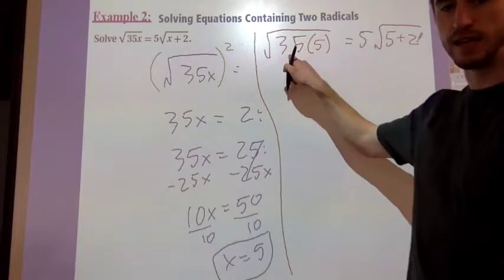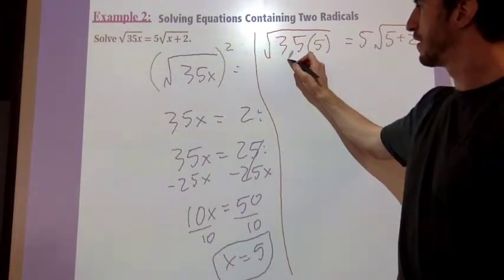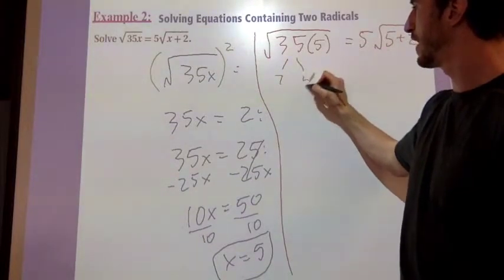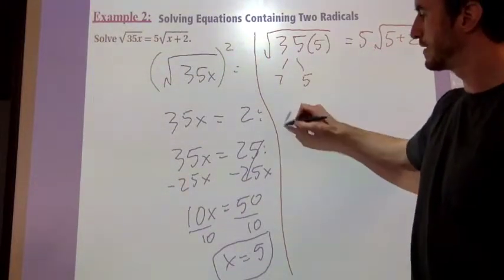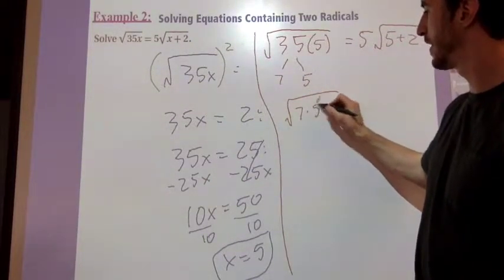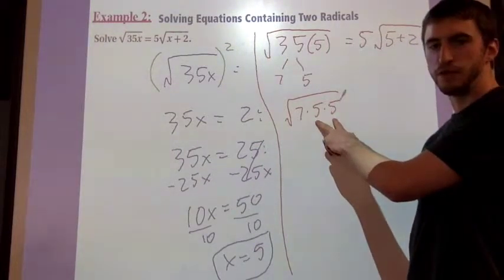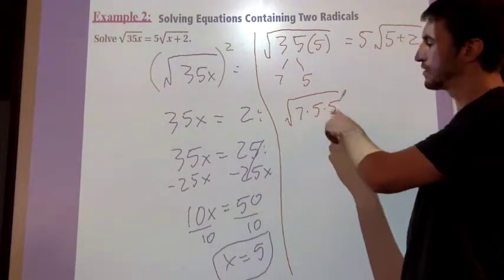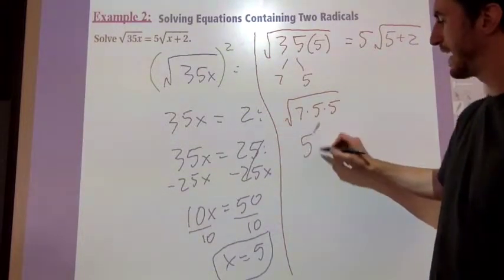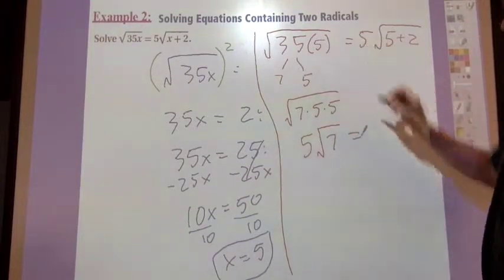So what I can do is I can factor this down. 35 can factor into a 7 and a 5. So now I essentially have the square root of 7 times 5 times 5. Now you notice that I have two 5's here and I have the square root of two 5's, so that means I can take one 5 out. So this is going to be 5 on the outside of the radical times the square root of 7 equals